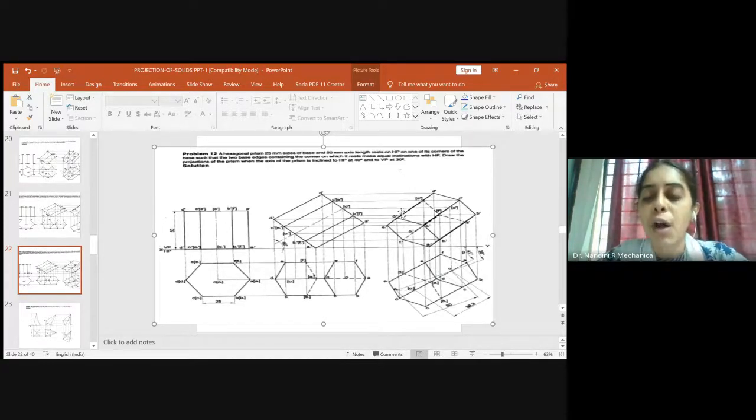So once you draw the outer boundary, then you have to think which are visible and which are hidden. So in this case, when the observer is viewing from here, the surface which is here will be visible. Okay, so you have to complete this bottom surface with a visible line. So these three corners we have joined already. So you will join E1 dash to D1 dash, D1 dash to C1 dash, C1 dash to B1 dash and B1 dash to A1 dash. Because observer is viewing from here, the surface will be completely visible.